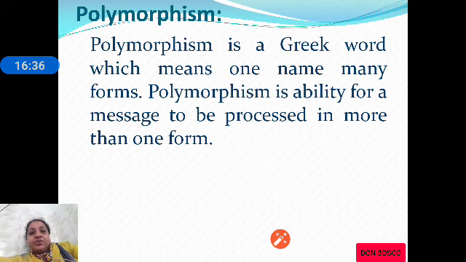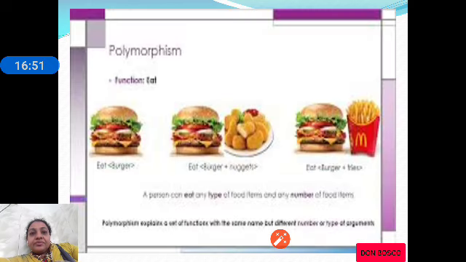Polymorphism is a Greek word. Poly means many, morphs means forms. So polymorphism is the ability to be processed in more than one form. For example, you can see here in the example,